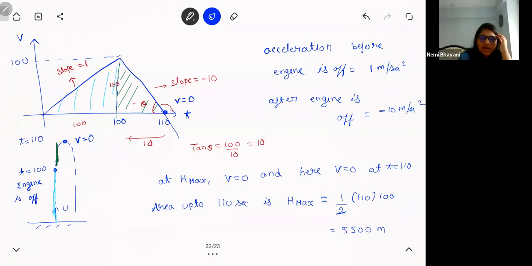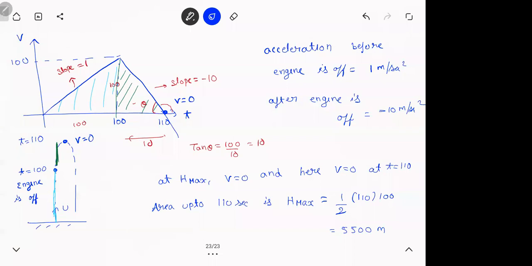Sir, the last part you explained, what if you had asked distance traveled when the engine was off? So I didn't get that. No, I was saying, see, I could also ask you how much distance will you travel when the engine is on? Sky blue area, na? Because after 100 the engine is off, right? Up to 100 if you calculate, that will be that displacement. Hope everyone got the idea what is happening here. Have a look at this. Ask me if you're still confused.